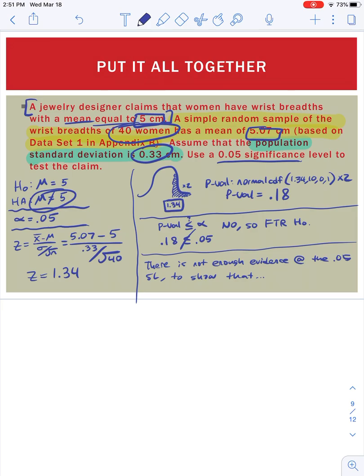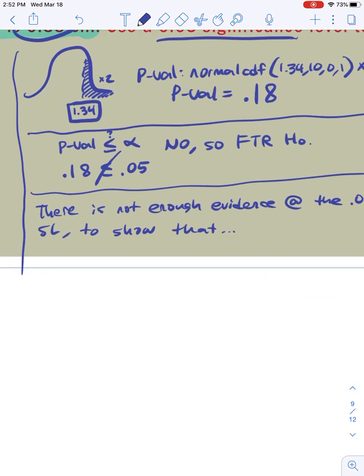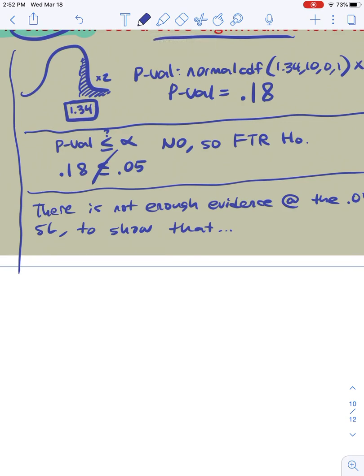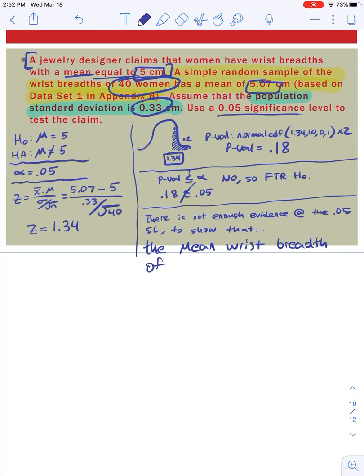The alternative says the mean, which is the mean width of, or wrist breadth of women, the mean is not equal to 5. So there's not enough evidence to show that the mean wrist breadth of women is not 5